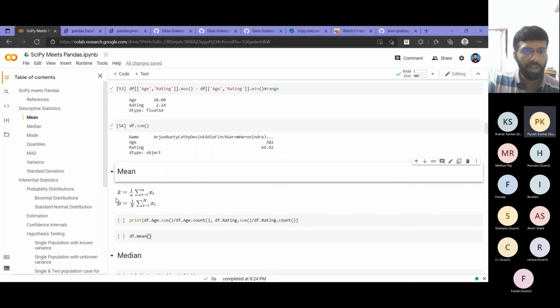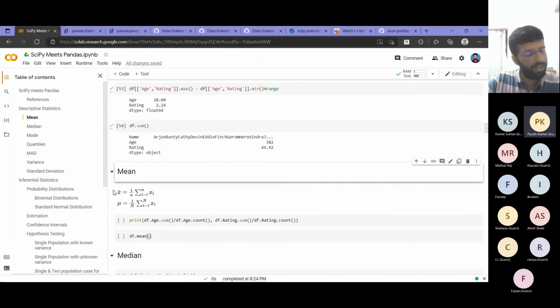So as you know, the mean x bar is 1 by n times the sum of all n entries, that is, I divide the sum by the total number of entries. We usually denote it by x bar for a sample, and by mu for a population. For a population we use capital N, and for a sample, small n. So as you can see, the equation is one and the same. Only the notation, x bar versus mu, differs.